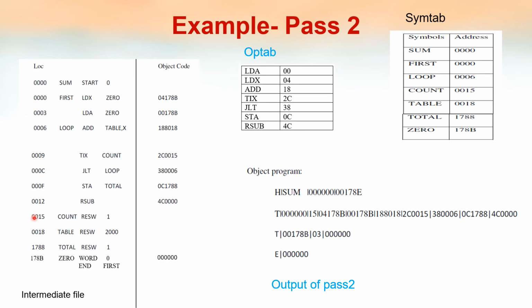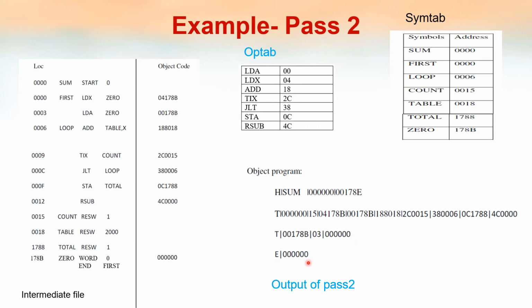So all these operations, hexadecimal addition and subtraction, are done. Then this is the first; every object code after that we have to write. So the first object code is 04178B, then some partition, then another object code, and we have to write it completely. So once one text record is finished, we can write another text record. Here the size is not finished, but because of this gap, we have to start another text record.